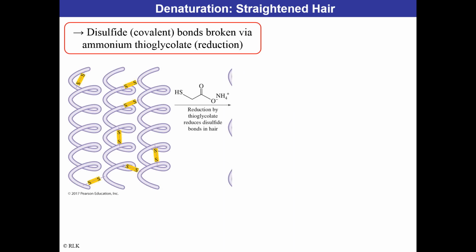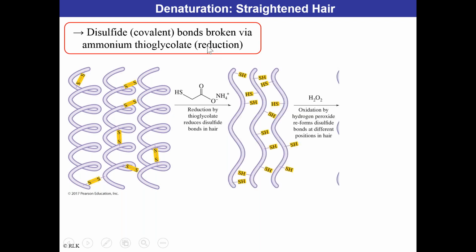This one is actually from your book. Here you have disulfide bonds broken via ammonium thioglycolate, okay? And this is thioglycolate, however you want to pronounce it, right? You have reduction going on, okay? This happens if you have hair as is, but then you want that to be reduced, right? This is straightening of the hair, and then the oxidation by hydrogen peroxide can reform the disulfide bonds